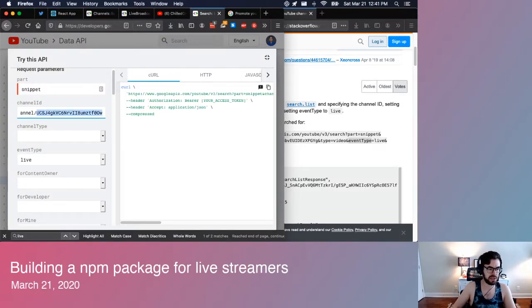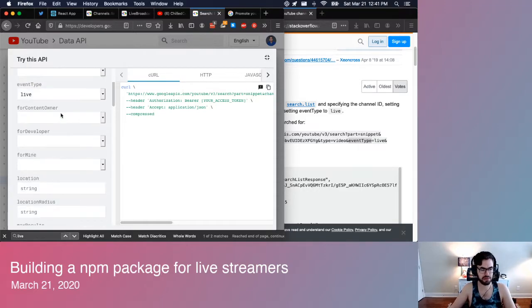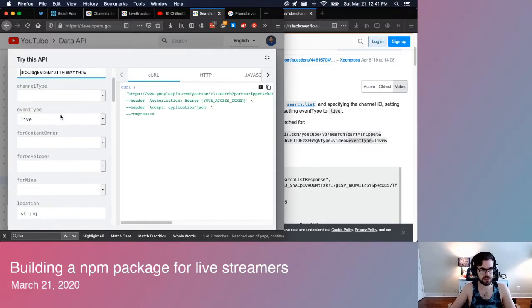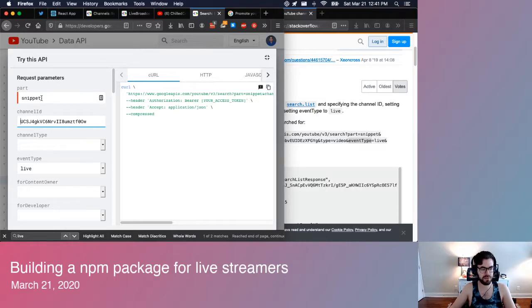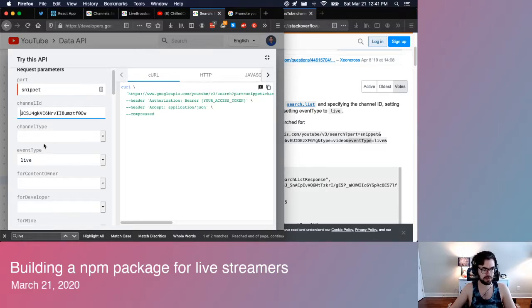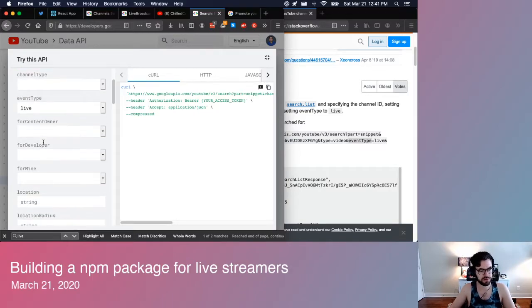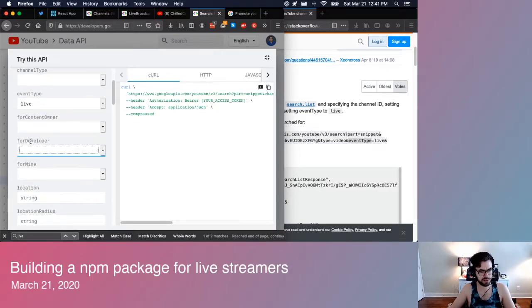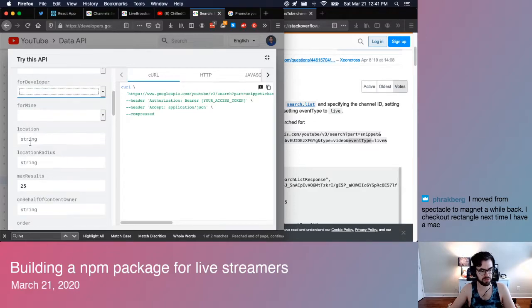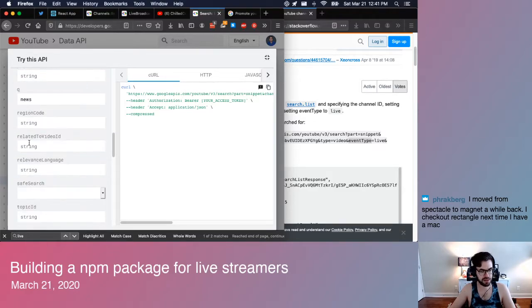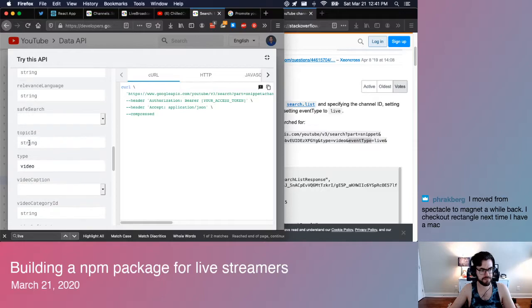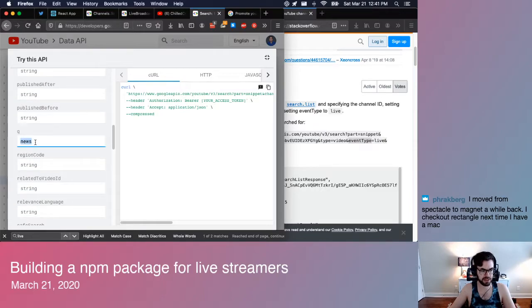So it's this piece, that's the unique identifier for the channel. So we're looking for information about this channel and for events that are live. For developer, I'll figure that out later. I'm not really sure what this is, but